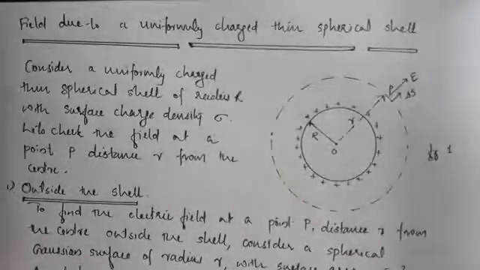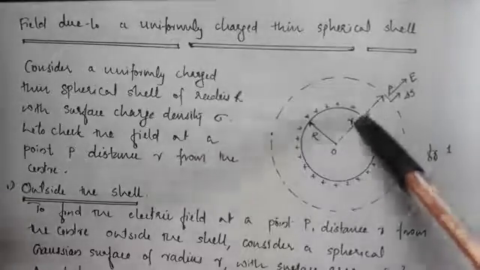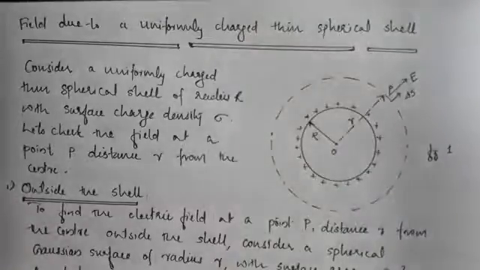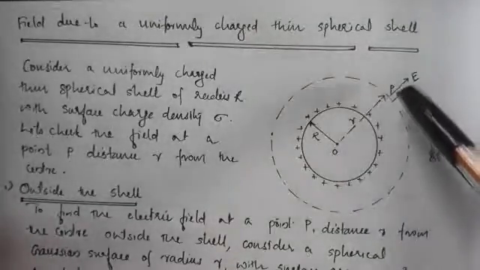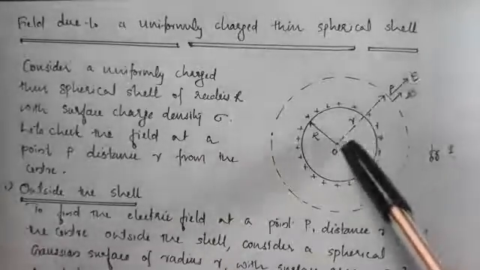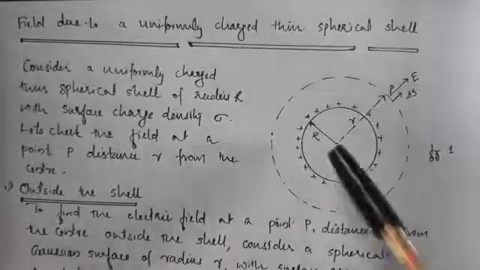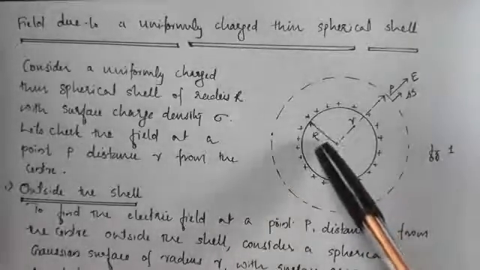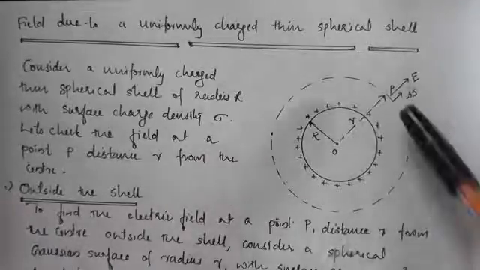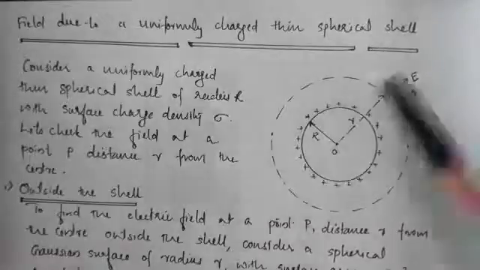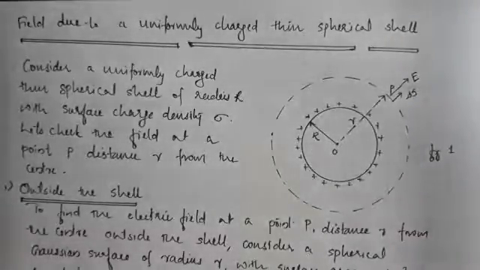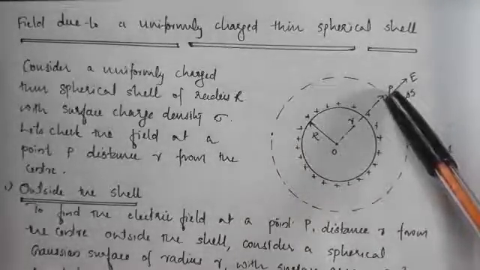So the electric field can be outside this shell or it can be inside the shell. So we have two possibilities. Either this electric field we are going to calculate will be outside the shell, at a point P outside the shell, or it will be inside the shell. So let us consider the radius of the shell as capital R, and we'll first study outside the shell. So we consider a point P outside the shell, and that point P is at a distance small letter r from the center. This is the point where you are going to find the electric field.